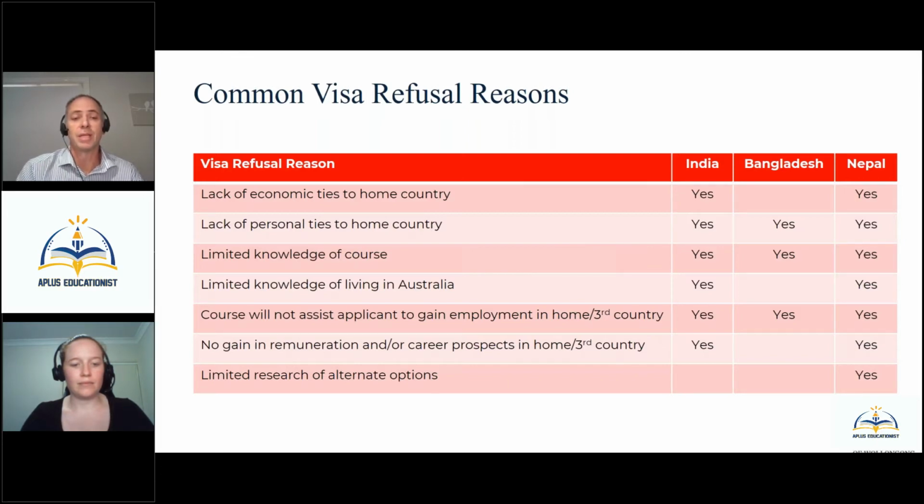To confirm, this information has been taken from actual visa refusals that we have received over the last two to five months. The database we pulled this from is fairly large, so we're confident in what we're showing here and what we're advising you. In a number of the slides I'll go into shortly, on what should be included in the statement of purpose and what we look for, there's a link between why a visa might be refused and the information that we want both yourselves and the student to be able to present to us in a statement of purpose.